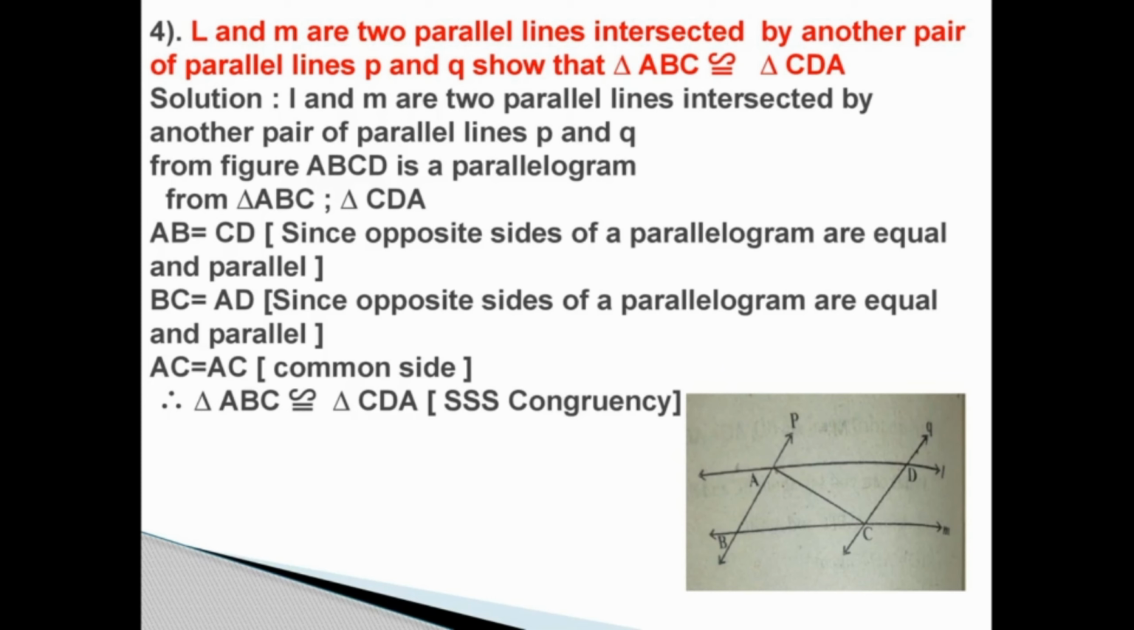Therefore, from triangle ABC and triangle CDA, AB is equal to CD, since opposite sides of a parallelogram are equal. Also, they are parallel. BC is equal to AD since opposite sides of a parallelogram are equal and parallel. AC is equal to AC, common side. Therefore, triangle ABC is congruent to triangle CDA by SSS congruency rule. Next,